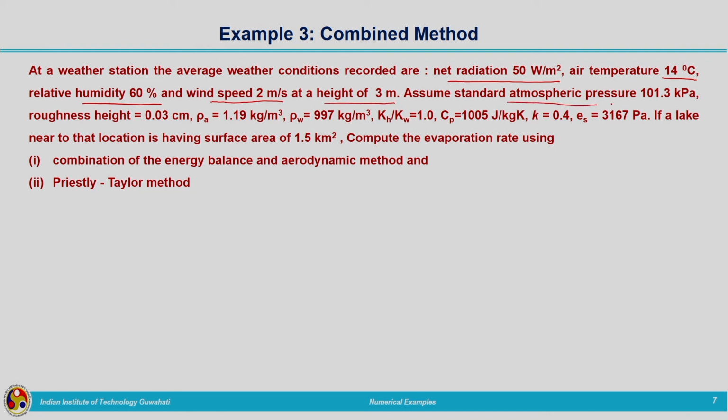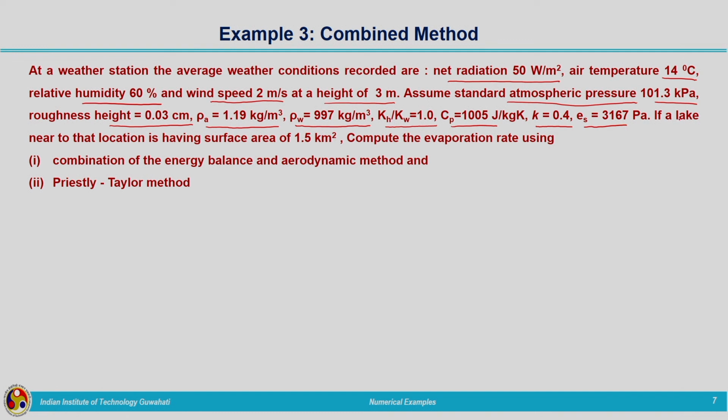Assume standard atmospheric pressure to be 101.3 kilopascal, roughness height 0.03 centimeters, density of air 1.19 kilogram per meter cube, density of water 997 kilogram per meter cube, kH divided by kW is 1, Cp is equal to 1005 joules per kilogram Kelvin, Von-Karman K 0.4,